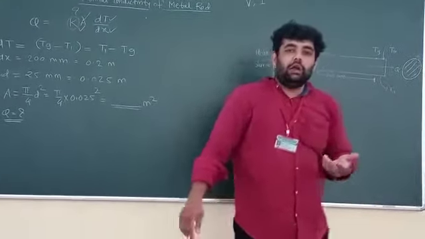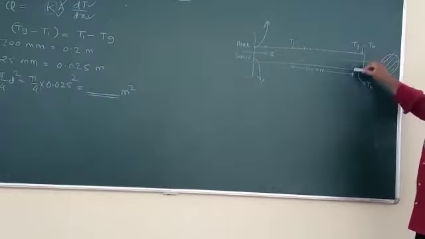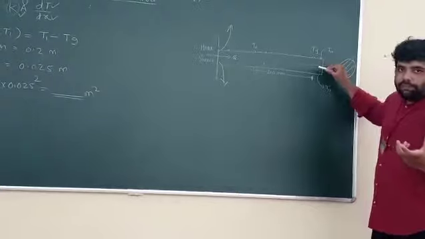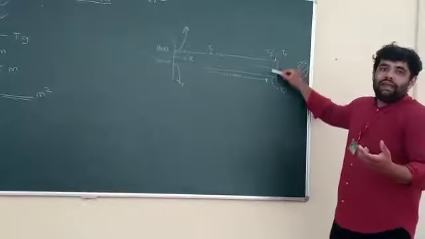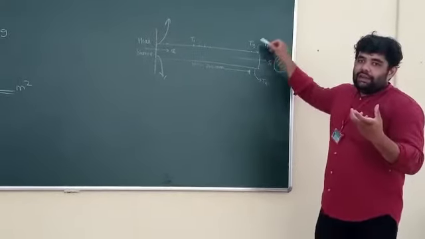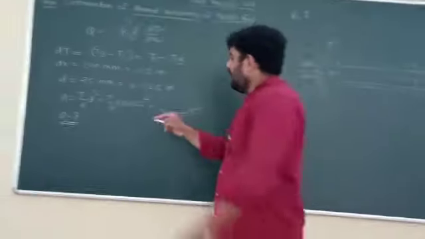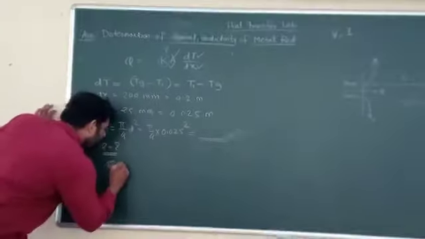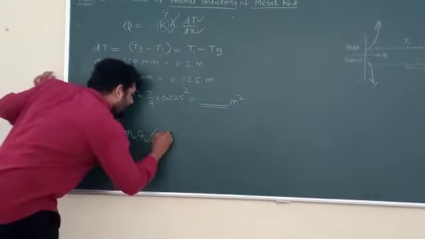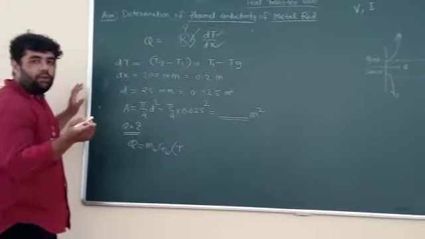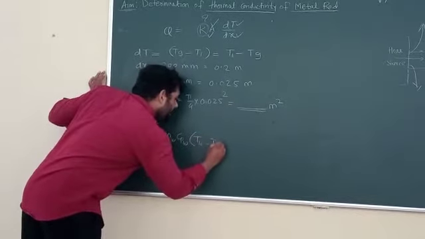Then what is the second option? The second option is this particular arrangement. The arrangement is made such that water will flow around this rod. So whatever amount of heat is conducted by this rod will be taken away by this water. Water will enter, water will leave, so it will carry the heat continuously. This heat can be calculated with the help of a formula. Q is equal to m_w C_pw, then T inlet minus T outlet, or T outlet minus T inlet. So those temperatures will be T11 minus T10.